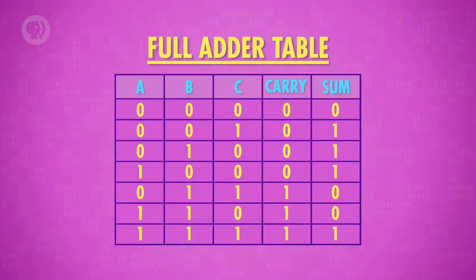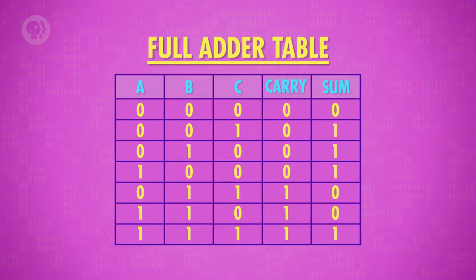Anyway, if you want to add more than 1 plus 1, we're going to need a full adder. That half adder left us with a carry bit as output. That means that when we move on to the next column in a multi-column addition, and every column after that, we're going to have to add 3 bits together, not 2. A full adder is a bit more complicated.